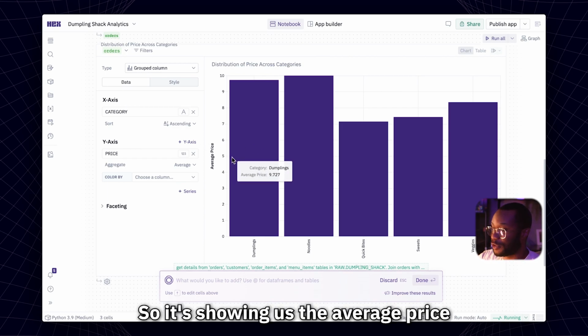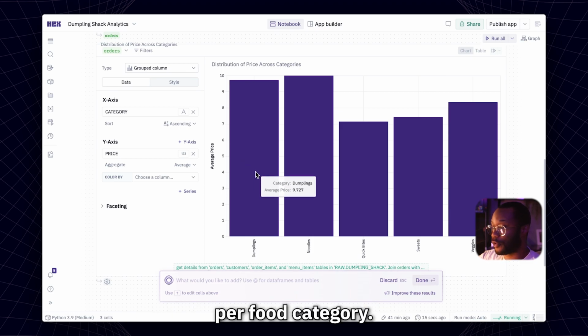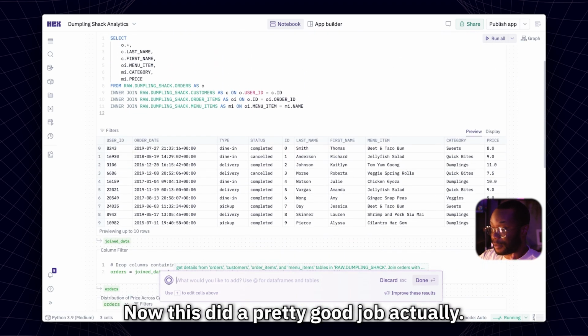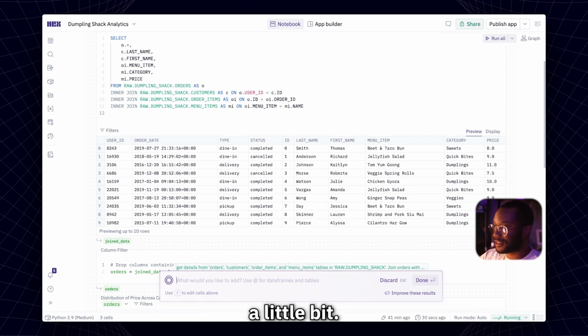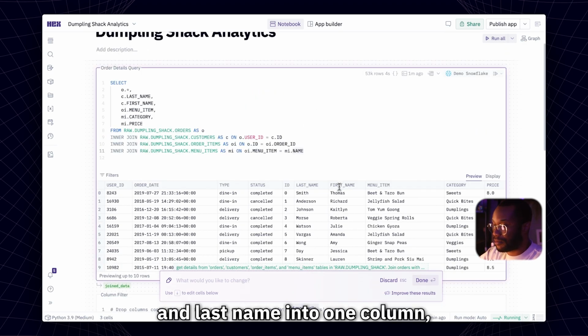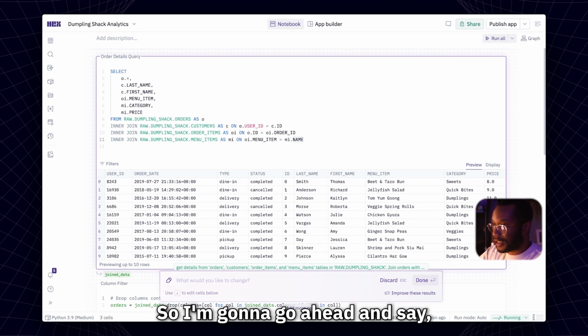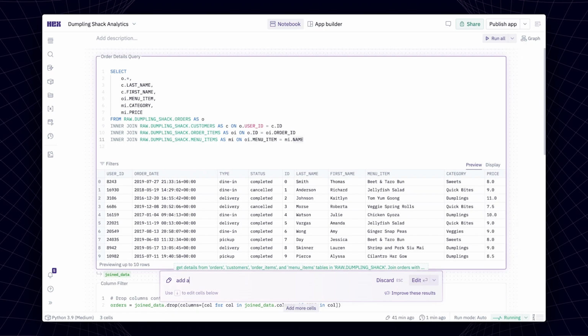So it's showing us the average price per food category. Now, it did a pretty good job, actually. I'm really impressed with what it did, but I kind of want to edit the SQL query a little bit to join the first and last name into one column. Then I also want to make sure that the customer's birthday is here as well. So I'm going to go ahead and say,